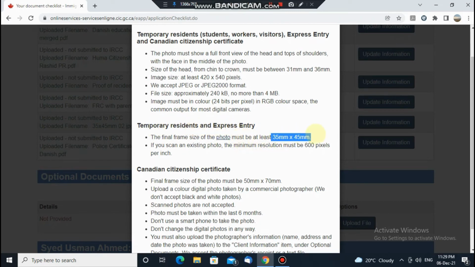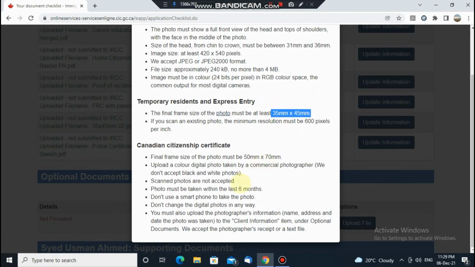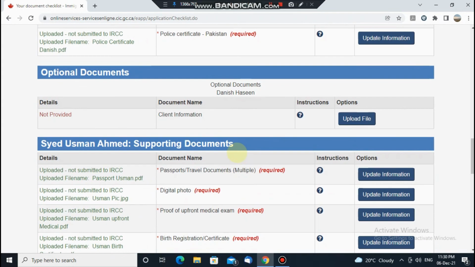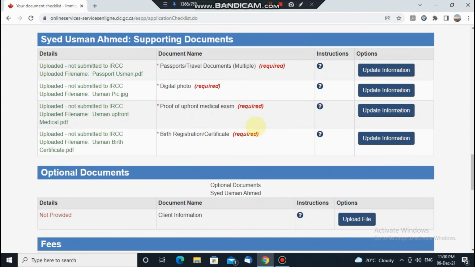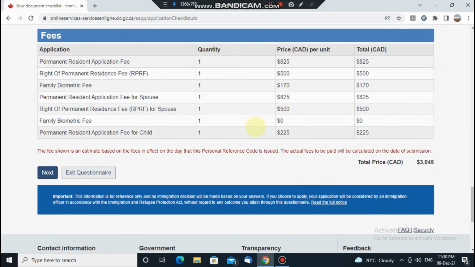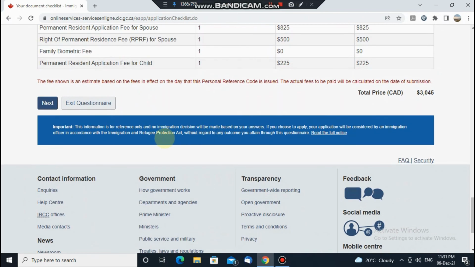So this is the photo size. Make sure it's not more than 6 months old, and it should have a white background, and it should not be taken from a smartphone. Submit.